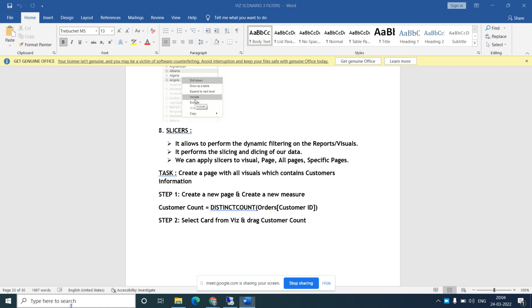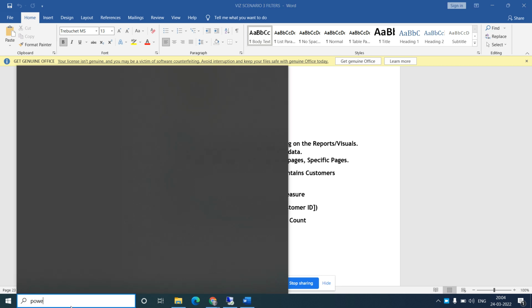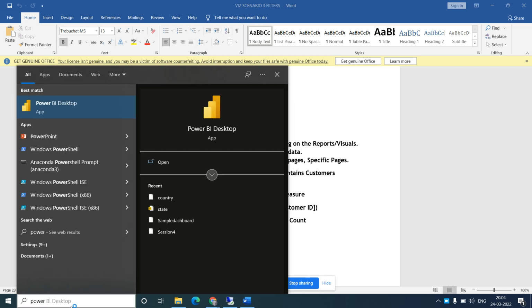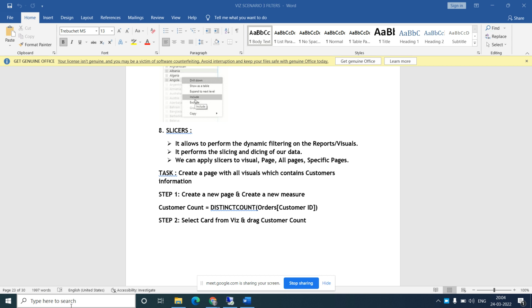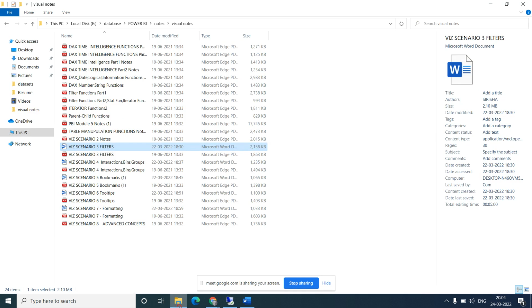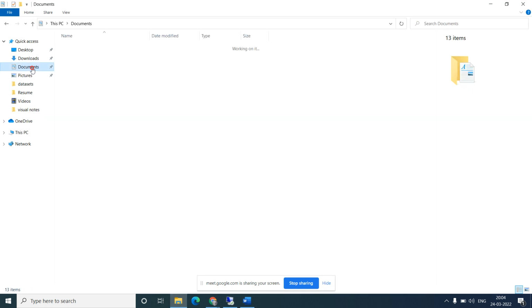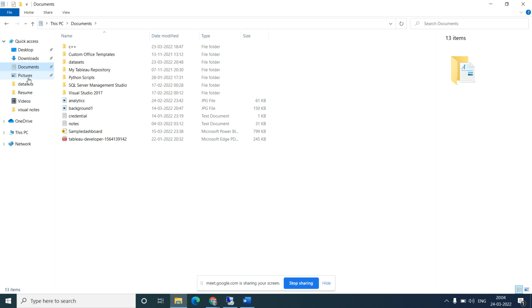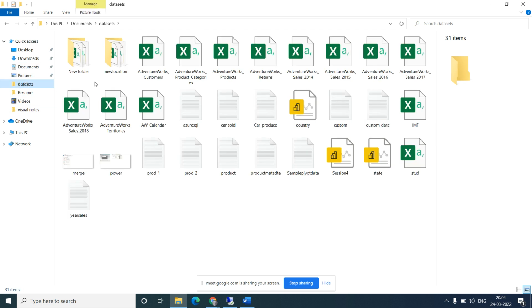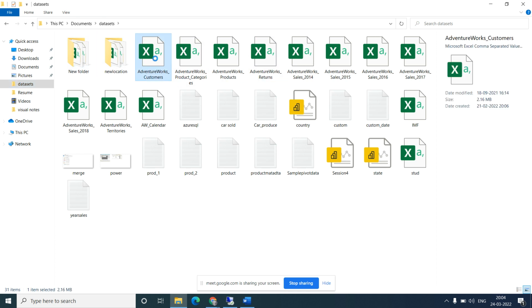Okay, so let's open the Power BI. Let me open any of the files. Let's say I am opening this file, Adventure Car Customer.